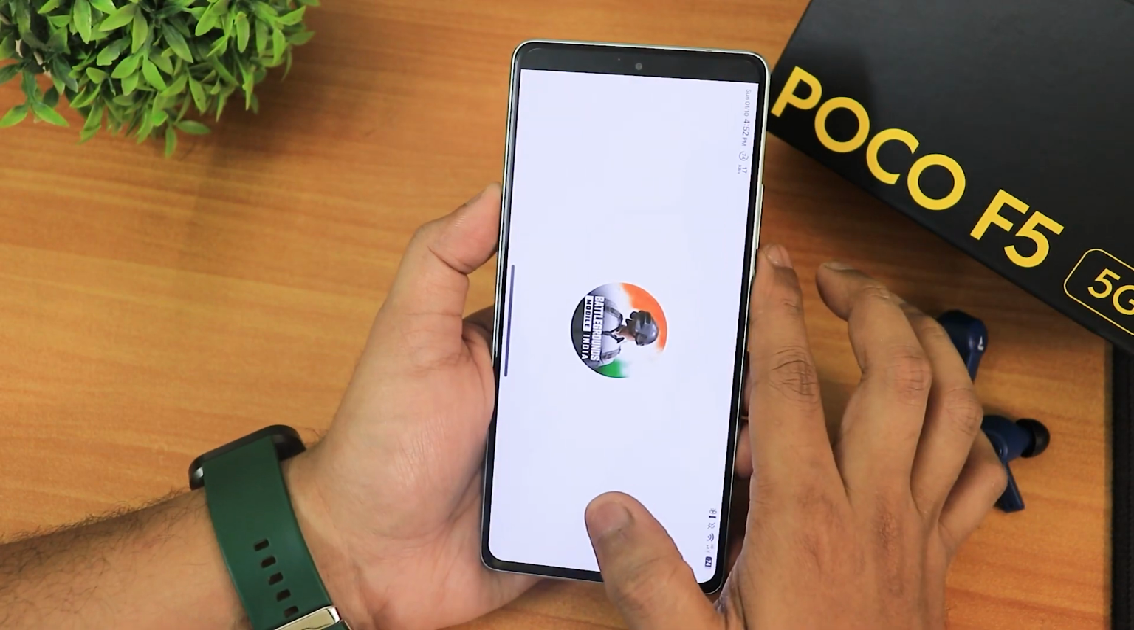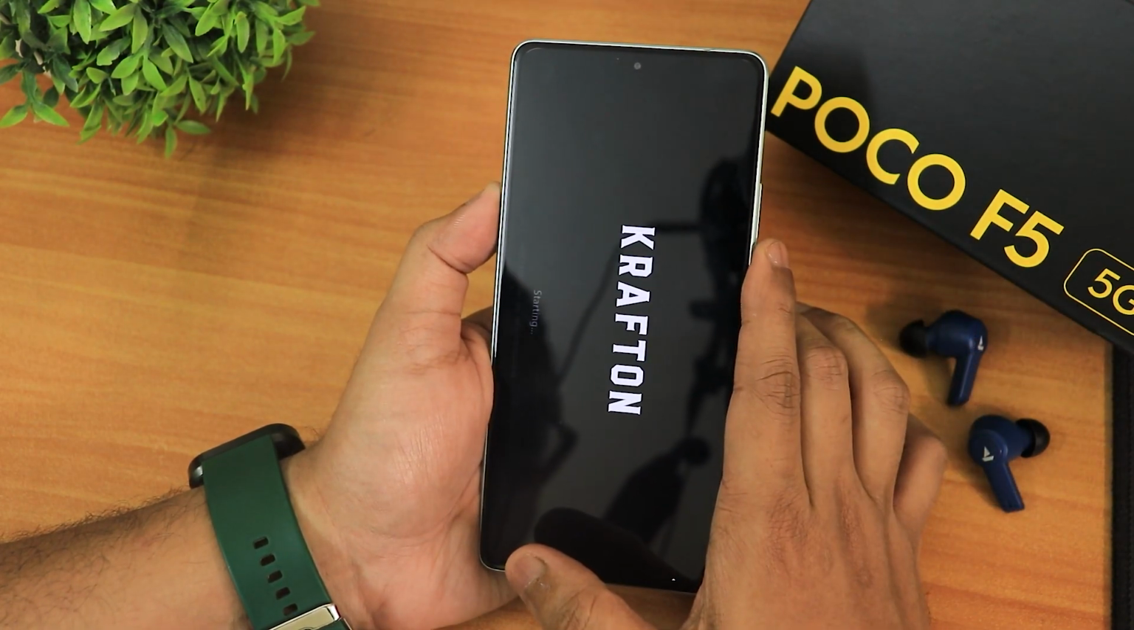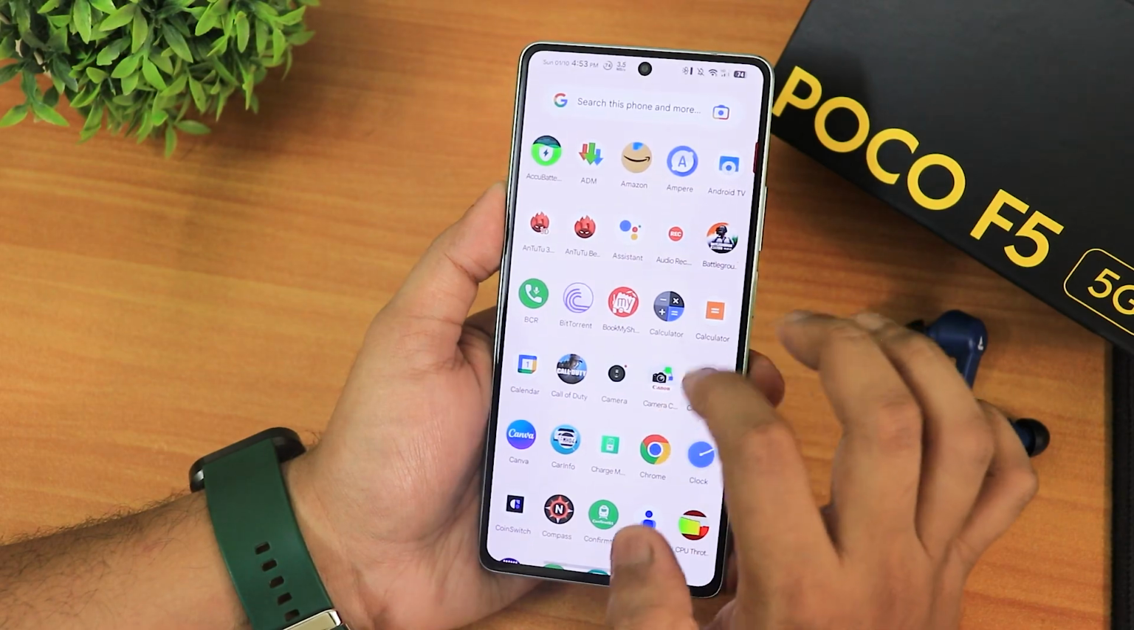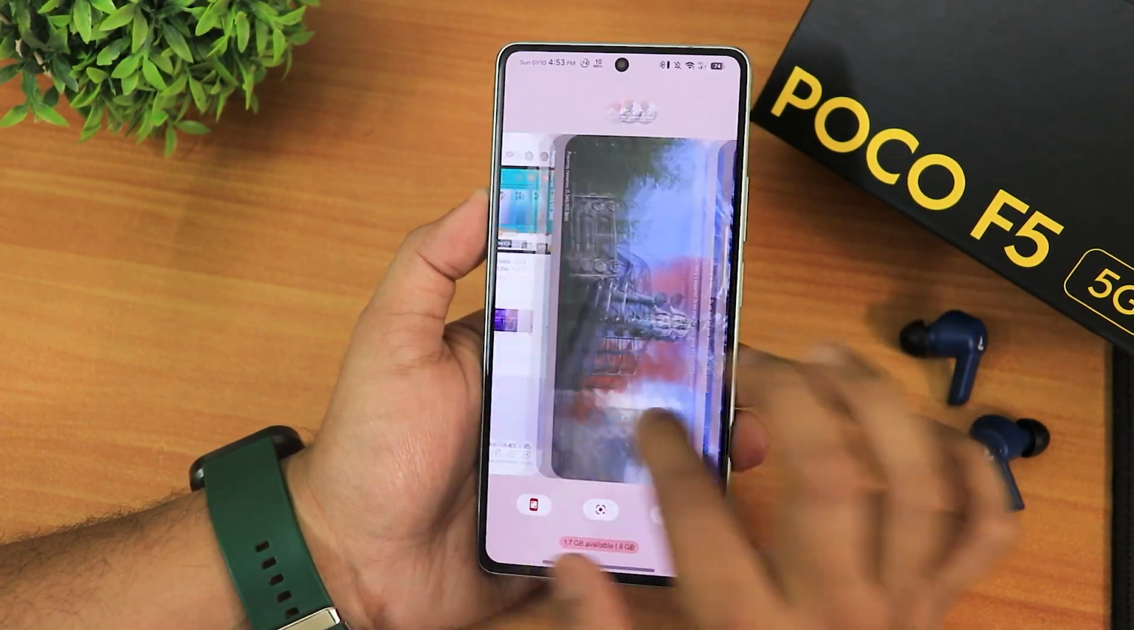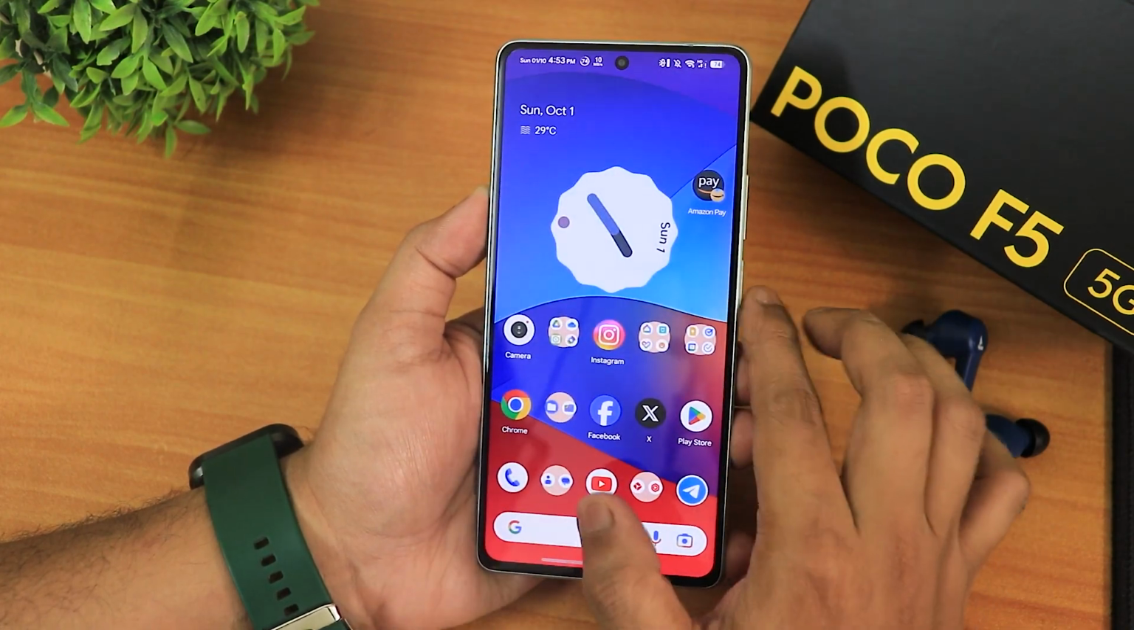So by now, I think I have opened a couple of apps. Now let's open some games as well. It's downloading in the background. So let's open Call of Duty. So by now I have opened a very good amount of apps, and right now let me show you if